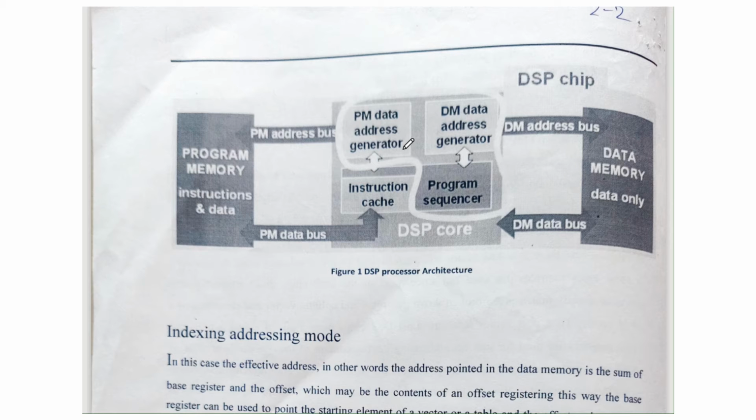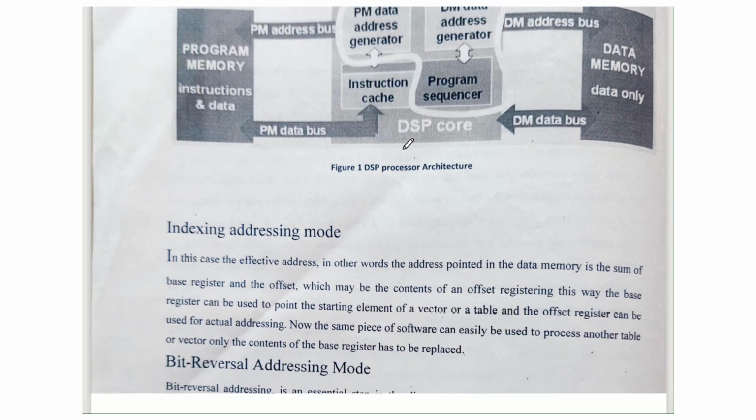Addressing modes are nothing but how data or an instruction is stored inside the memory, because everything is stored in the memory, instruction as well as data. Without storage, processing cannot be done. So to point to the address of that location, we have the address generation. Basically address generations are related with indexing, that is an addressing mode. So first one is the indexing addressing mode.